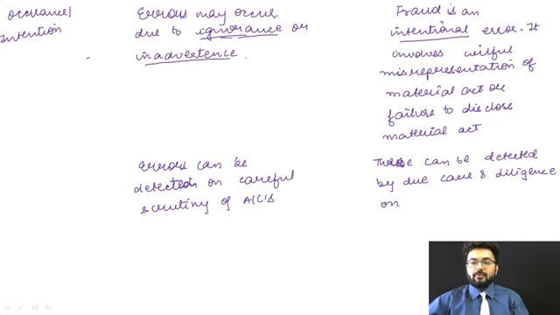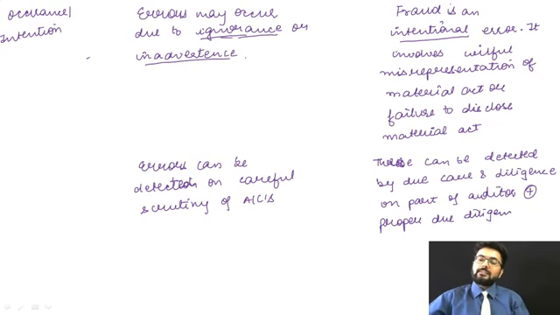Diligence on the part of the auditor, plus proper due diligence. That means you have to look after each and every point. Because in that case, if the 10,000 out of this 10 lakh payment has been made, that would have subsequently reduced the balance in your bank account and your cash and cash equivalents as well.